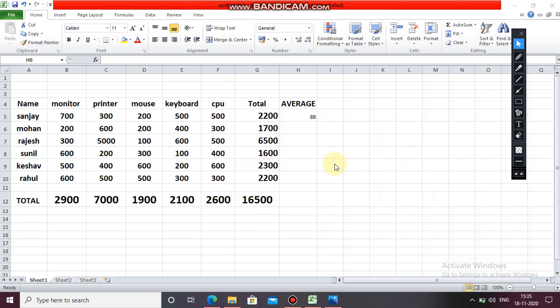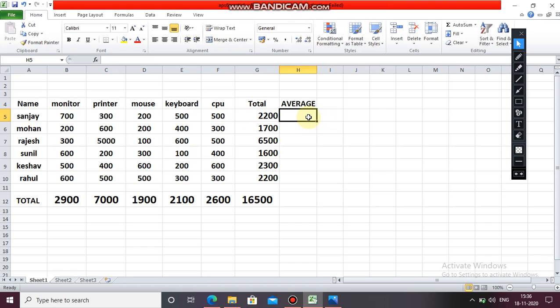Then what's the mistake? It has added all the 5 numbers first and then divided. That means your sum is wrong. 7, 3, 100, 1200 plus 5. Okay, is it okay? Yes.